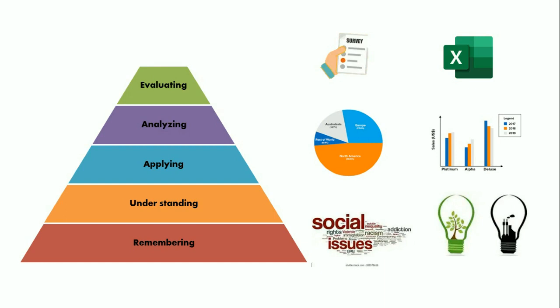Next is what we call analyzing and evaluating. The teacher can give an assignment or a real-world problem to the students. Students can make use of an Excel sheet or Google Sheets for collecting data, calculating determinants from it, and creating graphs. Students can apply their knowledge to address social issues or compare different activities or issues in order to evaluate things.